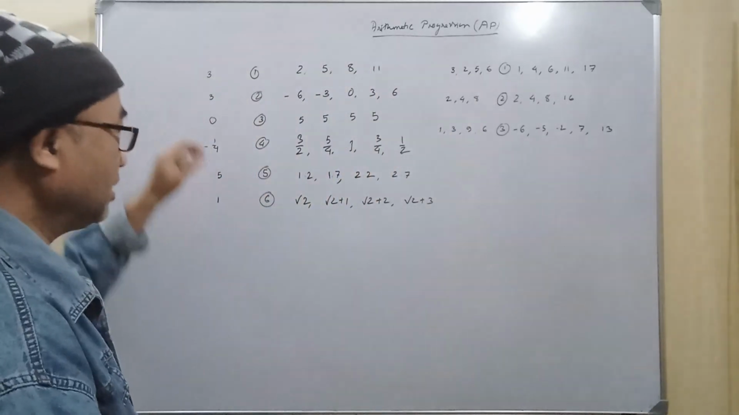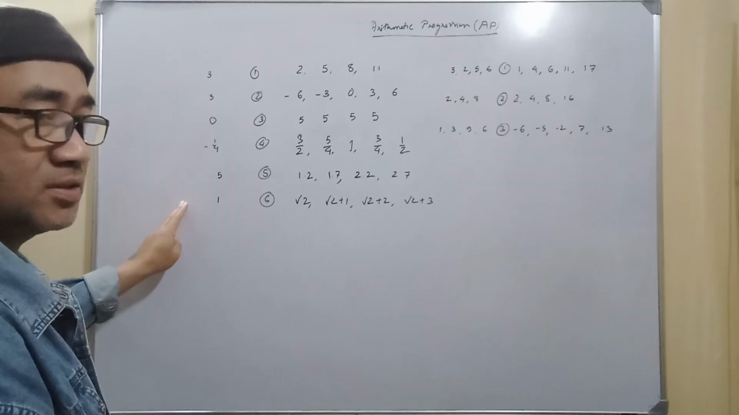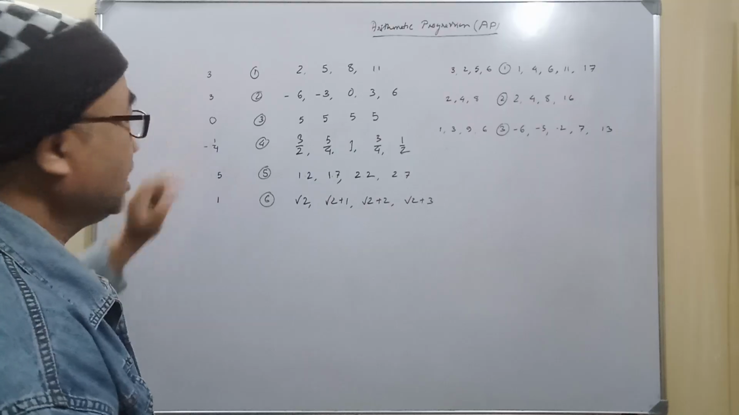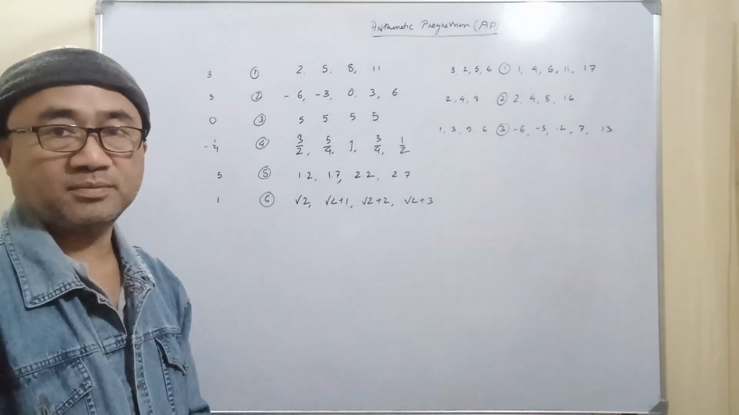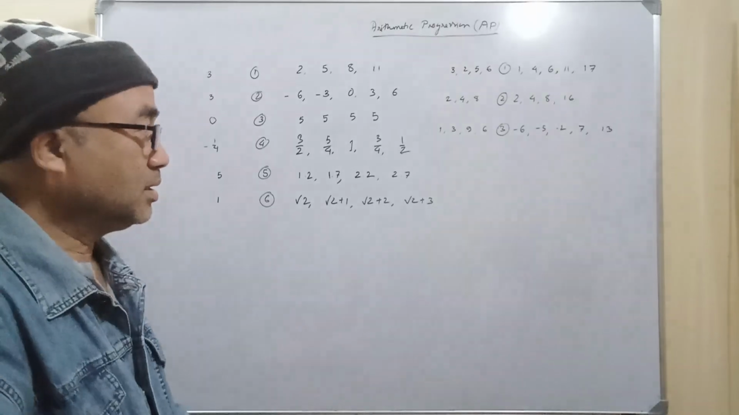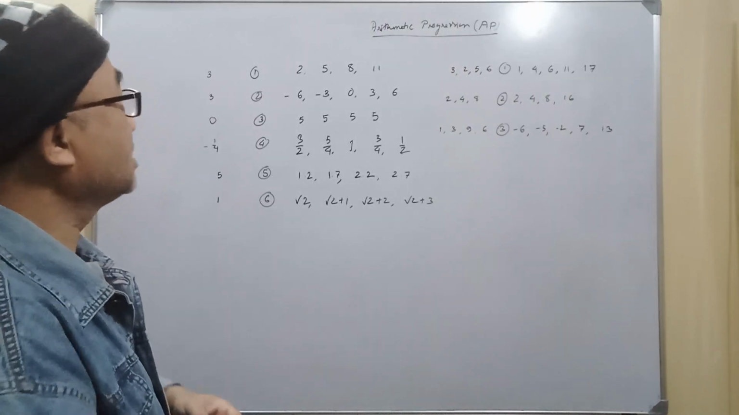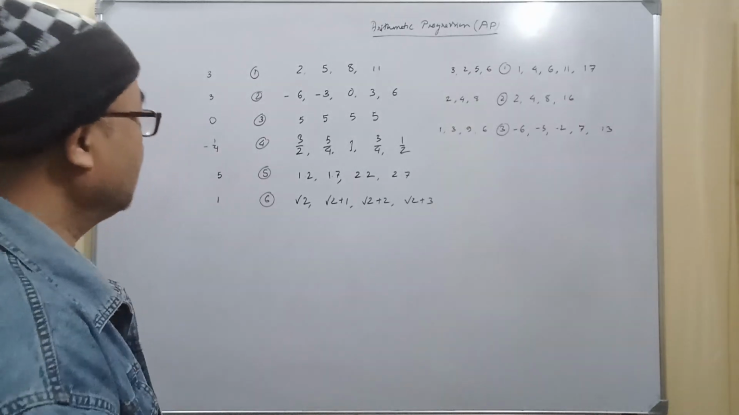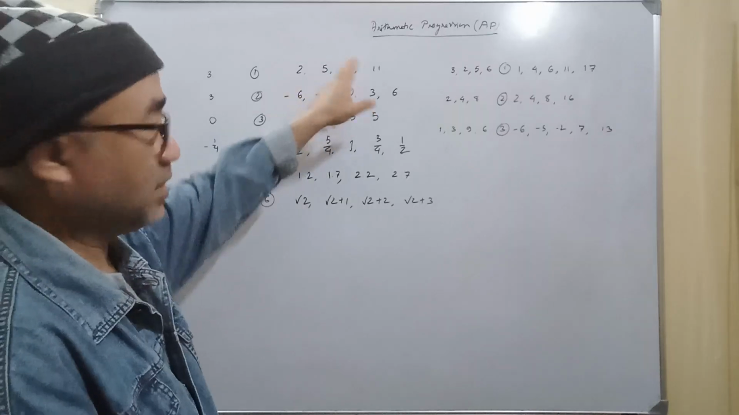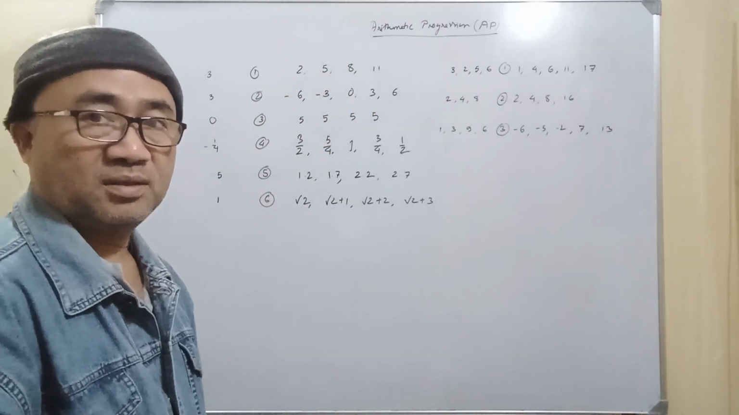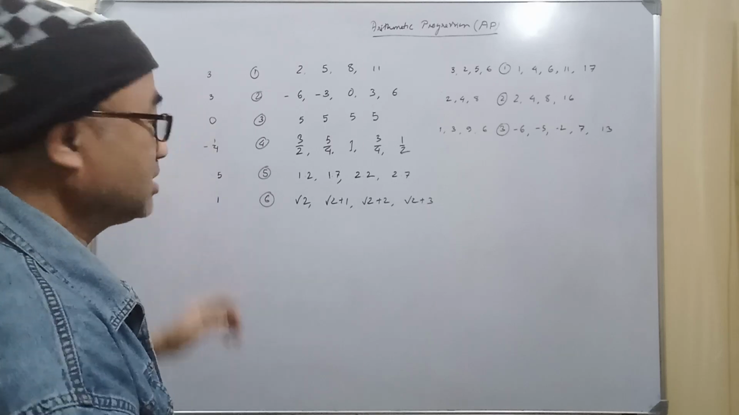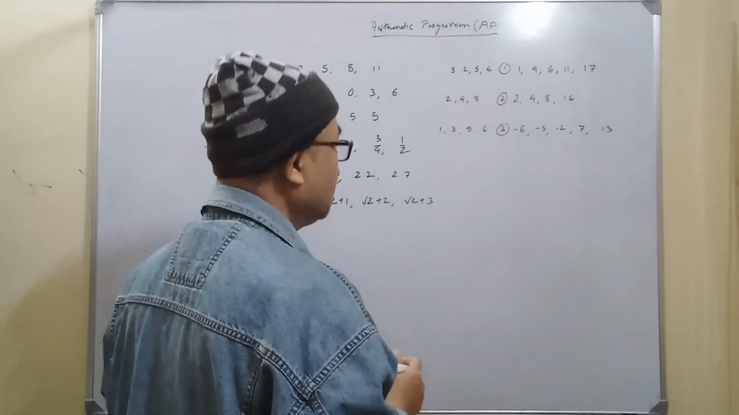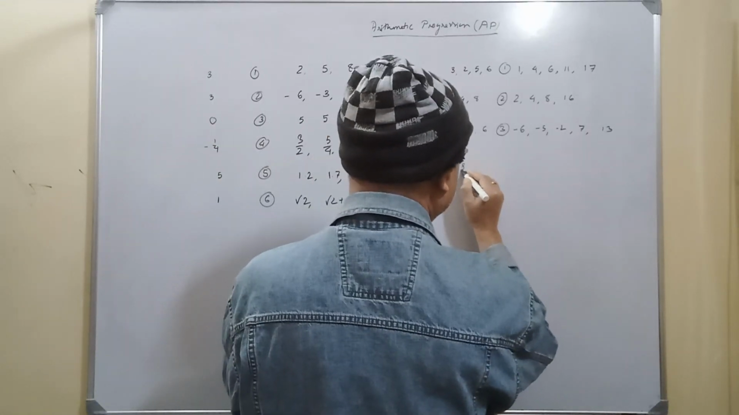And on the left hand side, we have sequences of numbers where the difference between any two consecutive numbers is constant. It does not change. This type of sequence where the difference between any two consecutive numbers is the same or constant is called an arithmetic progression. So what is an arithmetic progression? It is a sequence of numbers